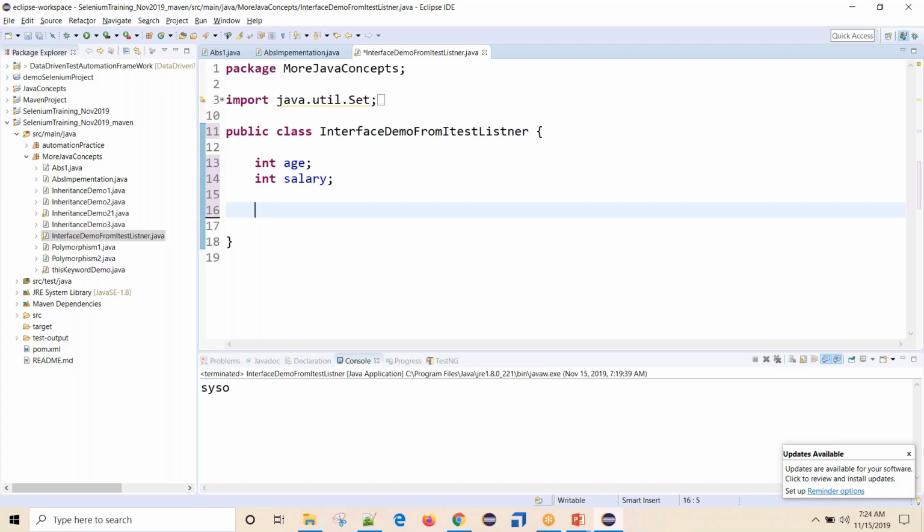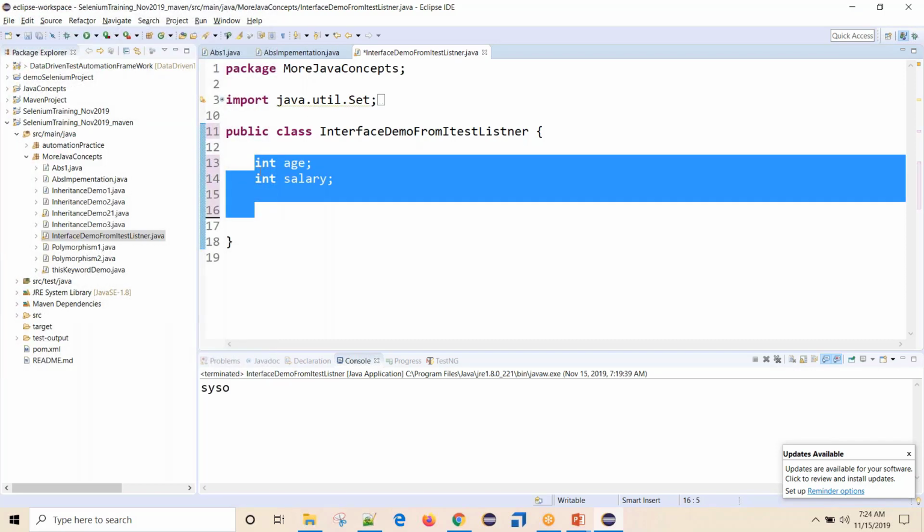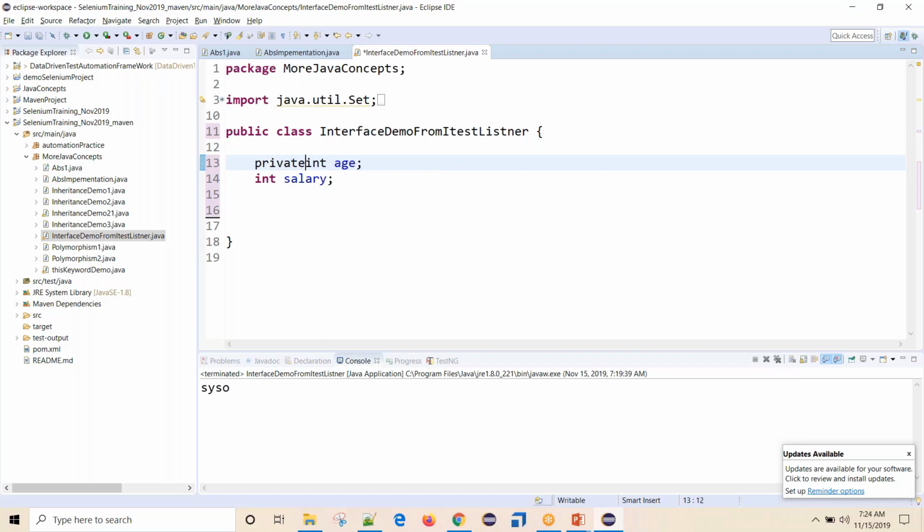But when a Java developer creates these, he creates them as private: private int age and private int salary. This is how a Java developer writes it as private, and when it is private,